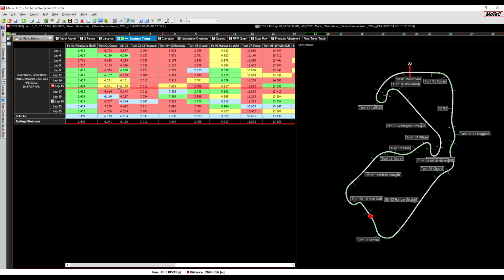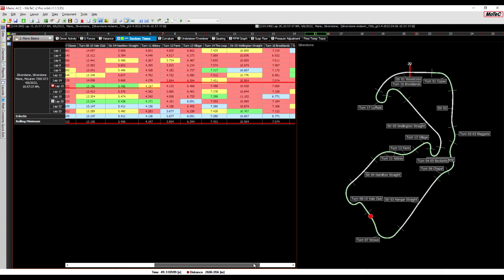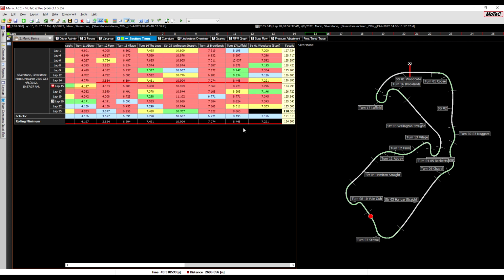Yellow I have designated at 2%, and green is about 1%. So if it's within 1%, that's okay. It depends on your skill level. If you're an alien or whatever, you'll probably want to do about 0.5%, and yellow be 1% in terms of consistency. But again, this just gives me a very quick indication of the consistency